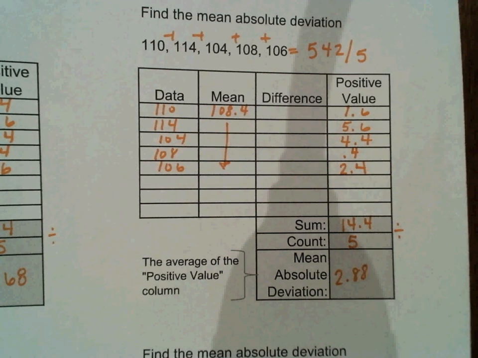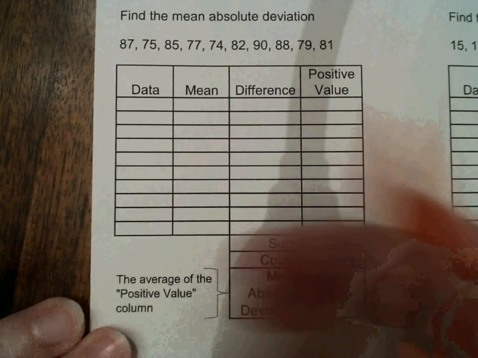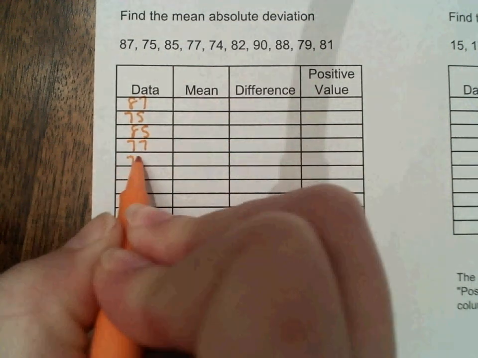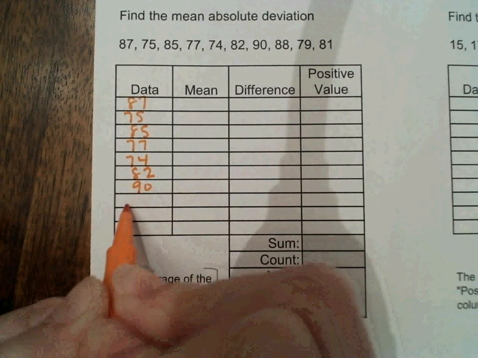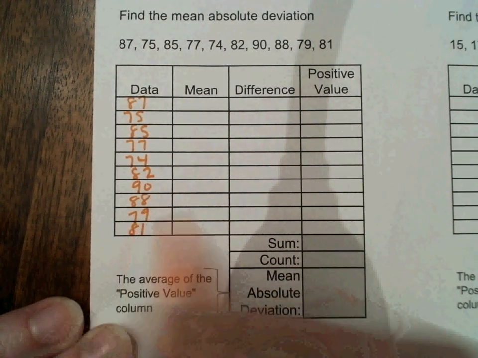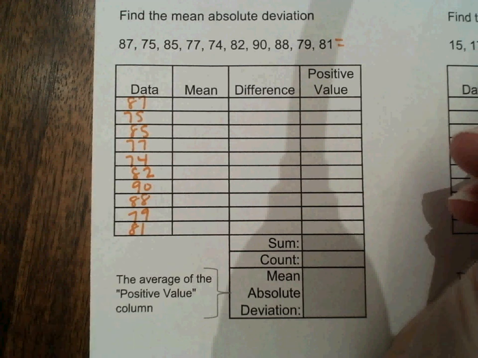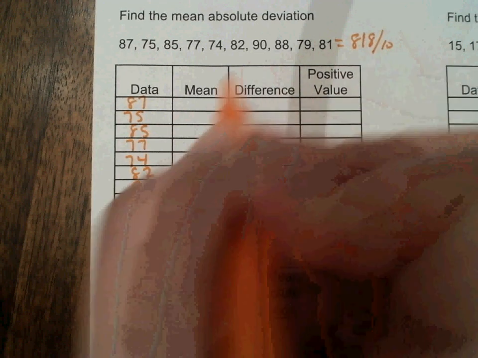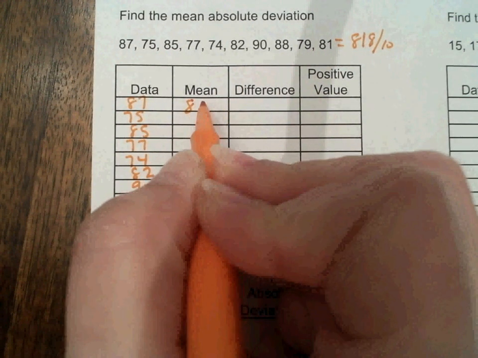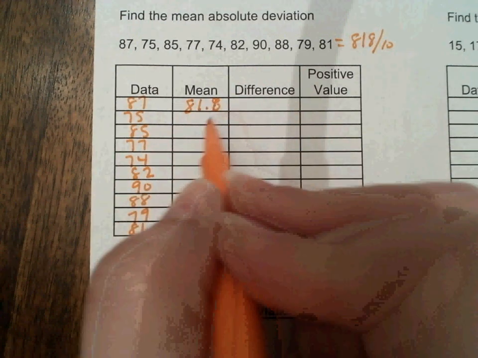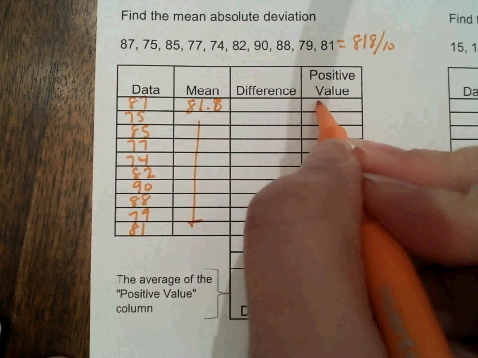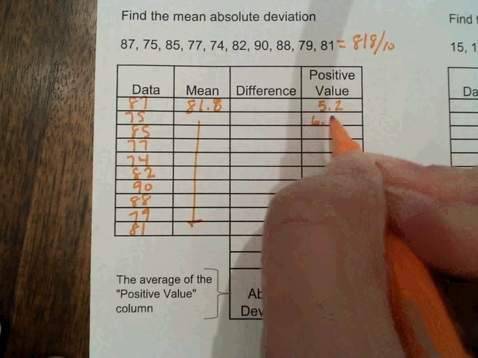Going down to my next one, I'm going to write my numbers. I have 10 numbers this time. When I add all of these up, I'm left with 818, divided by 10 gives me a mean of 81.8 for all of these. Once again, I want to make sure that I find the difference and I want to turn it positive. So when I subtract, I get 5.2, 6.8,